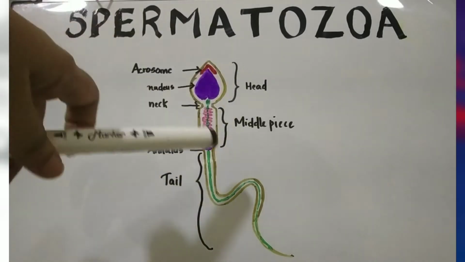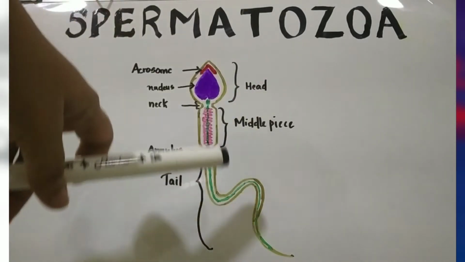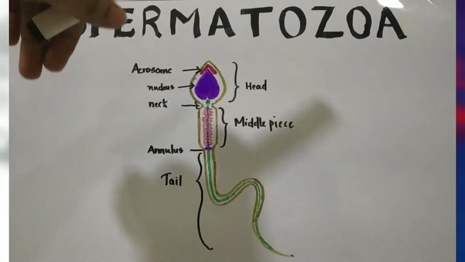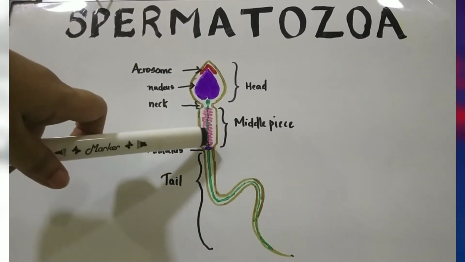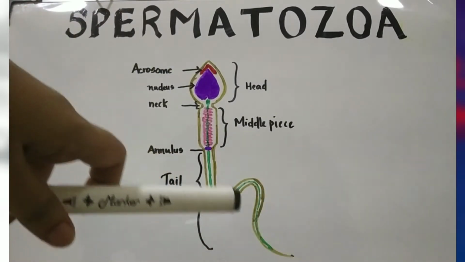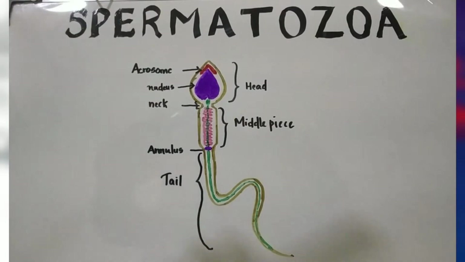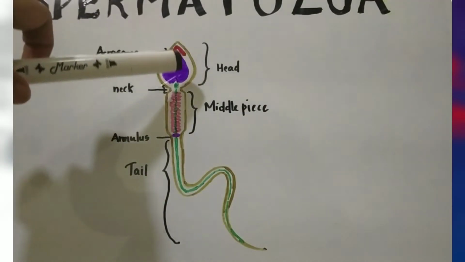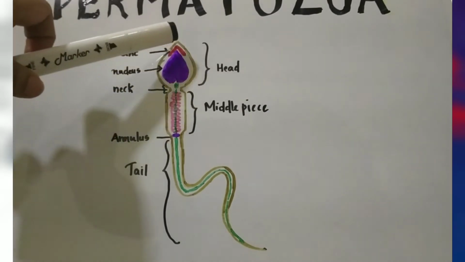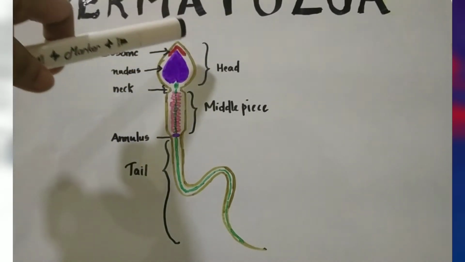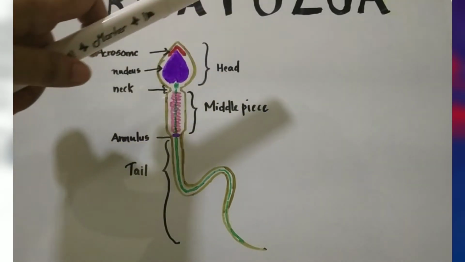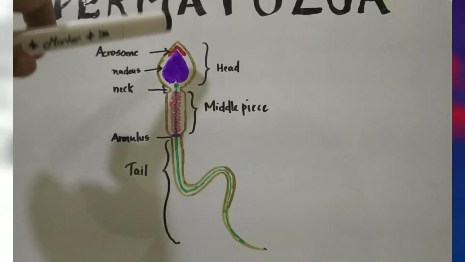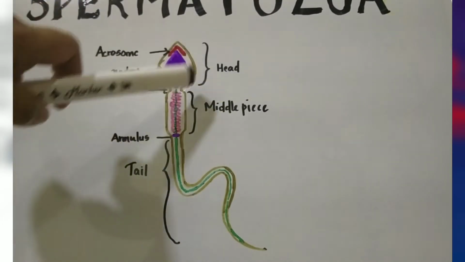So now we will discuss the structure of a spermatozoa. A spermatozoa has a head, a neck, a middle piece and a tail or principal piece. Now we will discuss the structure of the head of a spermatozoa. The spermatozoa head is pyriform in shape, it is 4 micrometers in length, and it is derived from the nucleus,